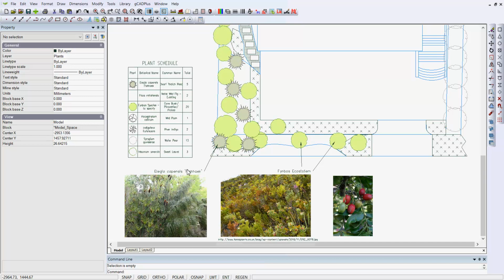Well, here gCADPlus is being used to create a design for a garden in South Africa where species from the Fynbos area, the biome in South Africa, are being specified. The aim is to provide a design which is relatively low maintenance but features plants endemic to this species-rich part